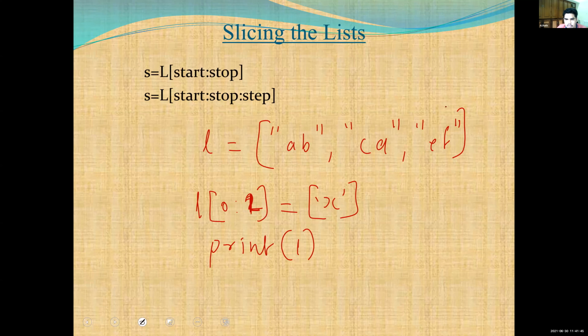So we should change the values of both 0 and 1, right? Yes, then what is the output? X, comma, E. No, instead of A, B and C, D, we have to write only X. Here we have to replace two values, but the new value is only 1. So these two values are replaced with only one value X. Okay. So the output is X, comma, EF.